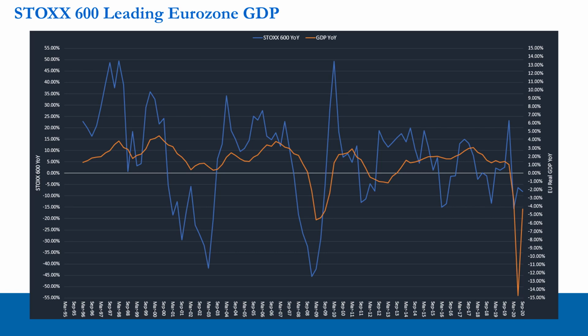So if you think of our majority of cases, which is the 1-1 scenario, where we have Euro Stoxx 600 positive for the quarter and Eurozone GDP positive for the quarter, you can see above the zero bound that for the majority of cases they are both moving in the same direction, and that is positive. What we can also note visually is our other scenario when they both move in the same direction, which is